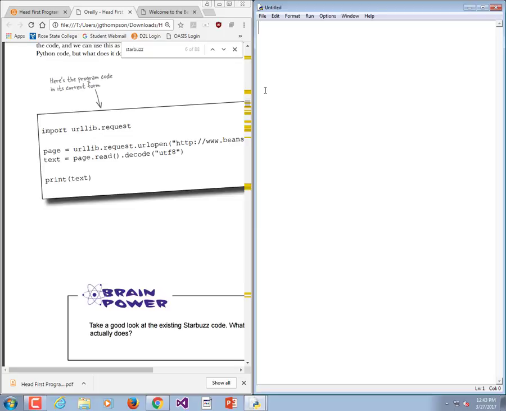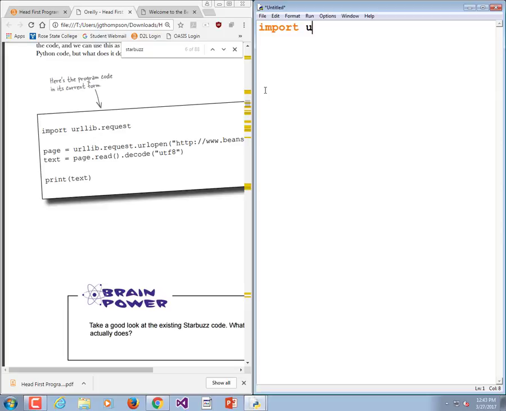Now, just like we've done the Turtle library in the past, we are going to import a library called urllib. URL stands for Universal Resource Locator. It's that HTTP code that you type in up at the top when you're internet browsing. There are other kinds of URLs too. There are FTP codes and all sorts of different ones. HTTP is the one that we see all the time. So anyways,